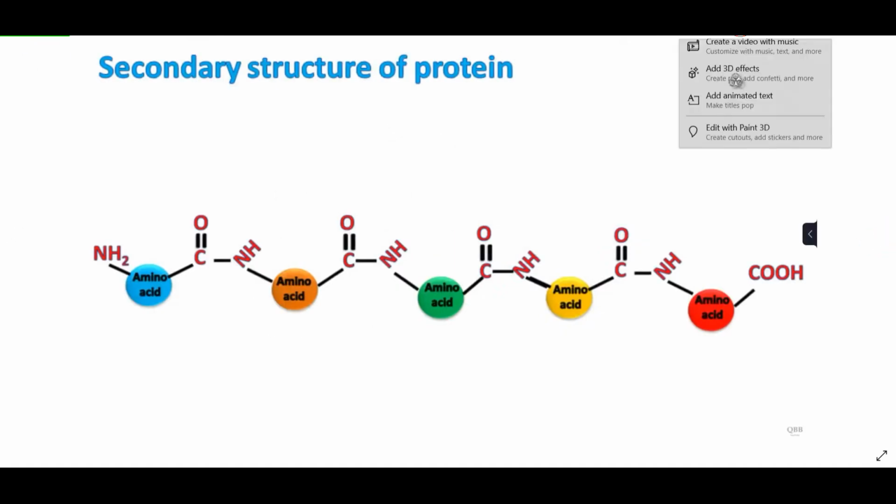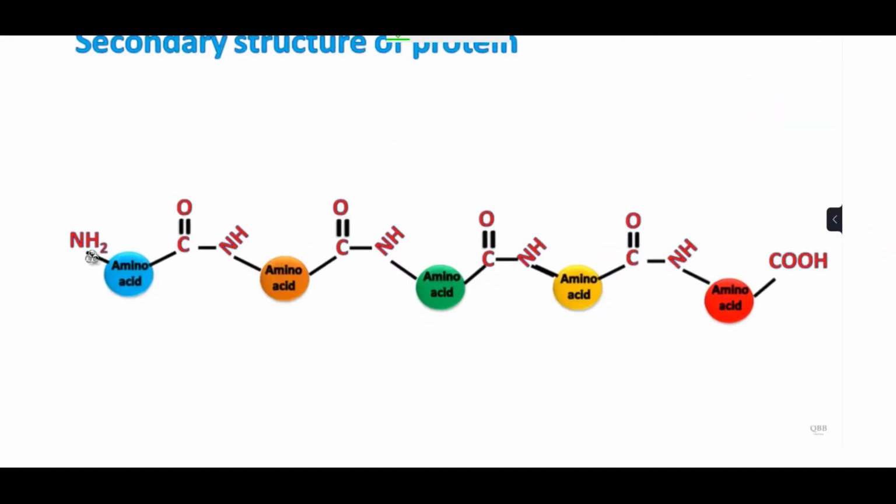This is a more detailed picture, including the peptide bonds. This is the C terminal of the first amino acid. This is the N terminal of the first amino acid, and this is the C terminal of the last amino acid. The bond between carbon and oxygen here is a peptide bond, as well as the bond between the nitrogen and hydrogen. As you remember from the chemistry, or let's say from the periodic table, oxygen is in group 8,